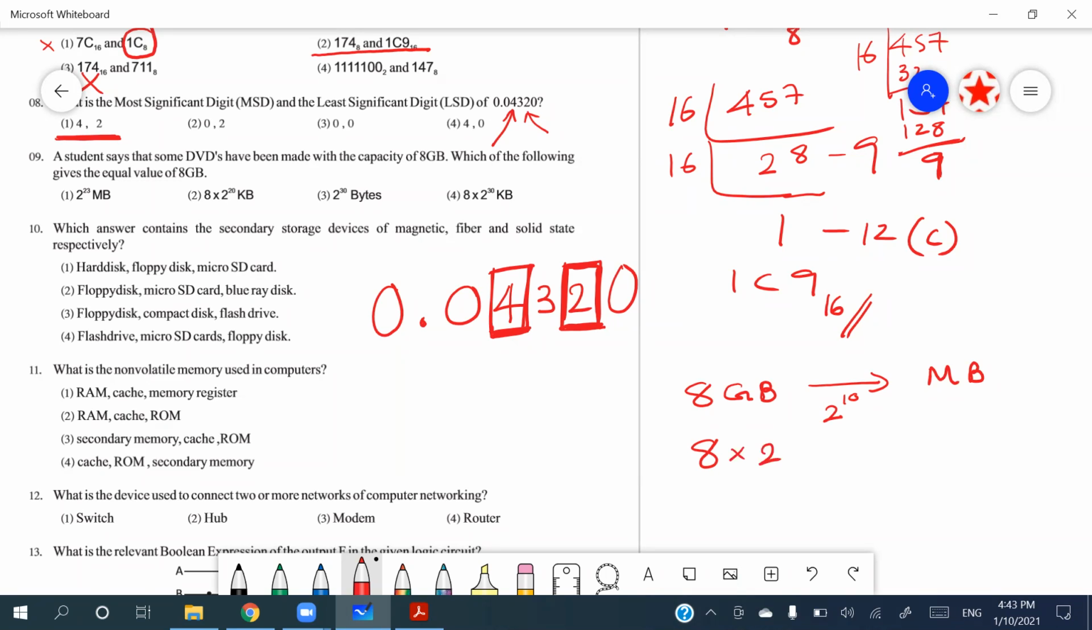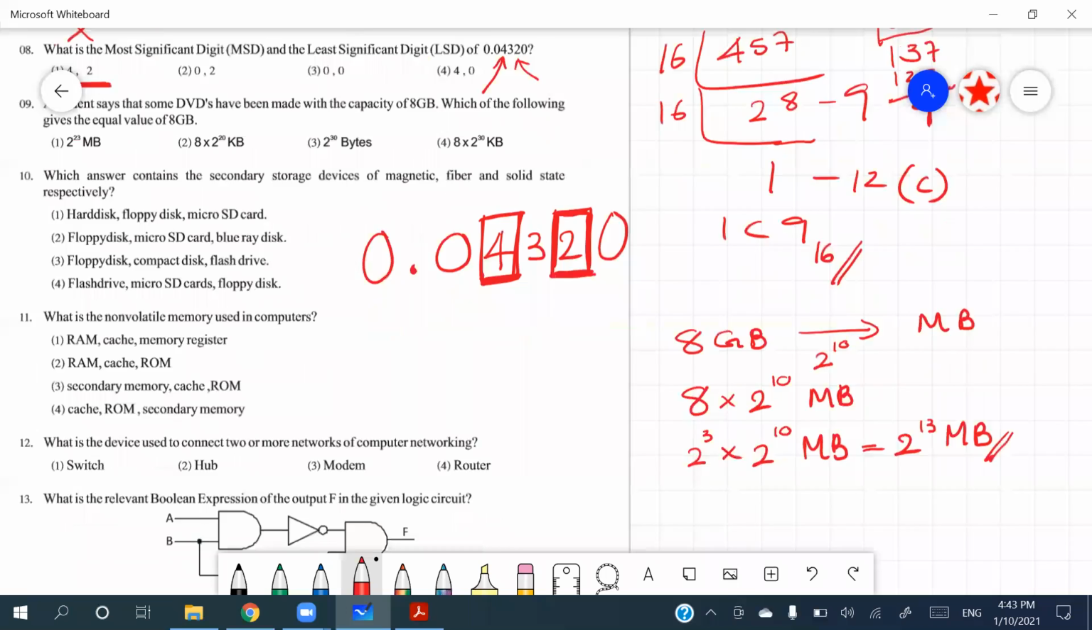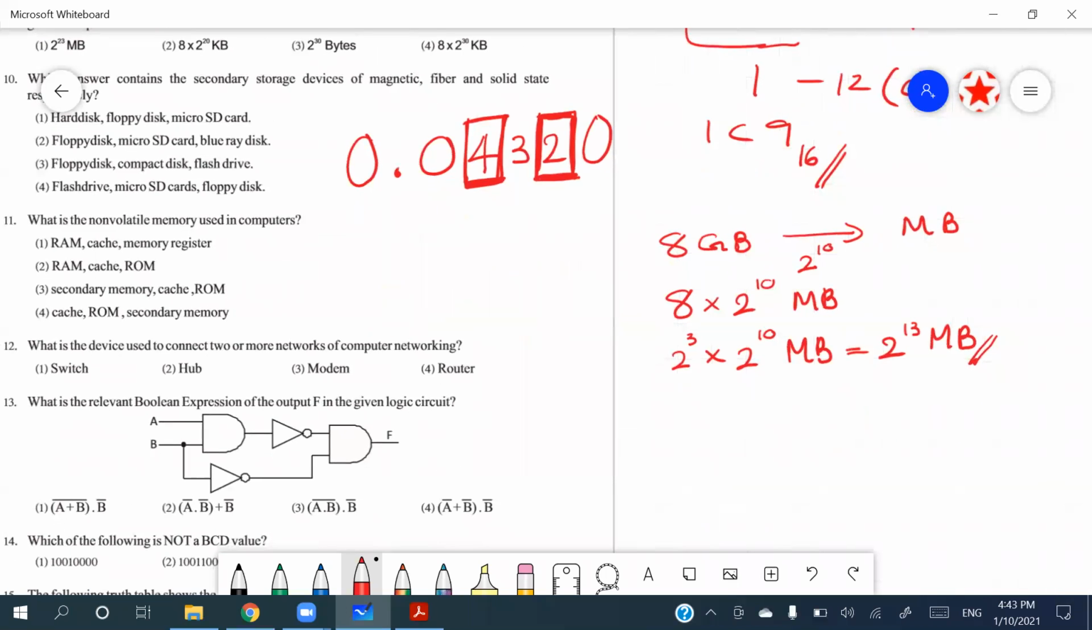So 8 into 2 to the power 10 megabytes is going to be your answer. So there is no such answer. We can consider, if we can represent 8 as 2 to the power 3 and 2 to the power 10 MB, that means 2 to the power 13 MB, right? Which is not any of the answers. So then we are going to convert 8 GB